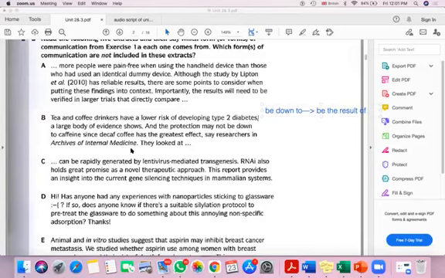In archives of internal medicine, all right? So here we don't have who is the researcher, and we don't know the name of the research, because the writers say a large body of evidence shows. So where can we find this? We can find it in, for example, a newspaper. Why can we find it in a newspaper and not, for example, in an academic journal? Because there is no citation.